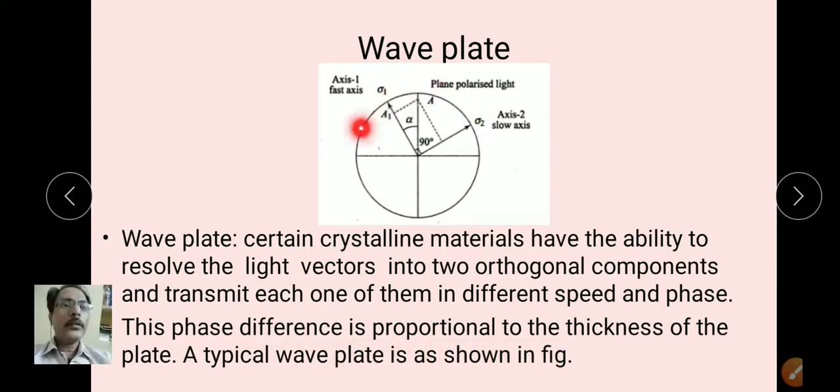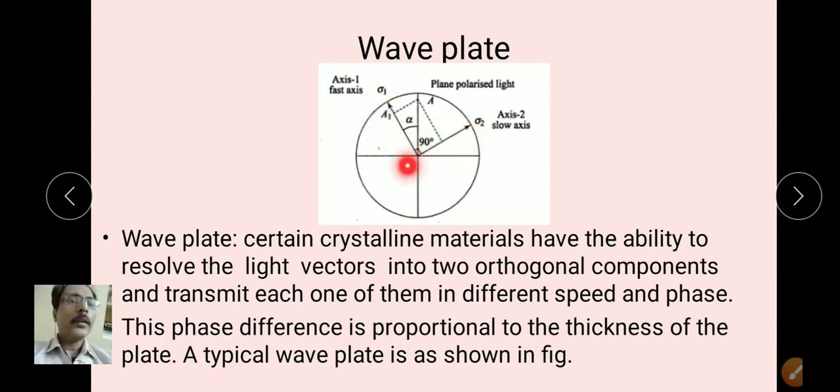So this is the wave plate. It may be in a circular shape or a rectangular shape, whatever it may be, but basically it is circular. It is an optical, crystalline material. When the light enters the crystal, at the center or anywhere, it first is in one wave form, but when it enters here, it is turned into a two wave form. You can see here, one wave is sigma 1 and one wave is sigma 2.